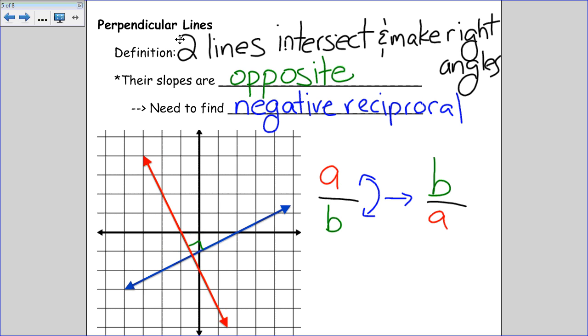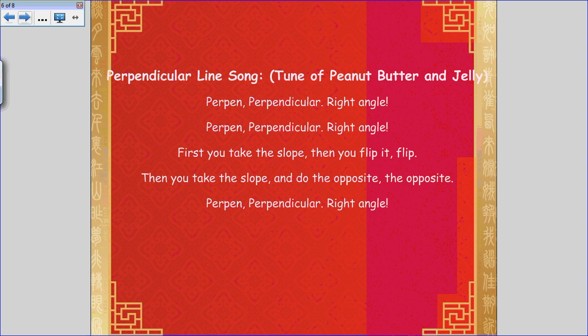Okay, and since it's negative, you do the opposite. If this was positive before, now I make it negative. Okay, we'll talk about that a little more over here. We have a song to help us remember this one as well. Okay, this is to the tune of the peanut butter jelly song. Remember? That song. Okay, so I'm going to sing this one and we'll use it as we work through problems about